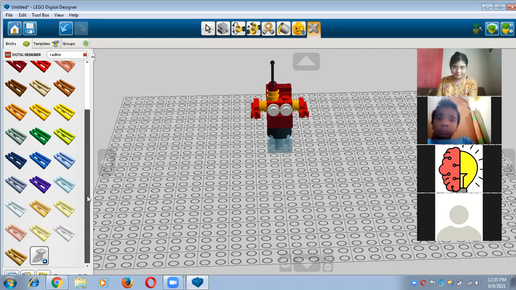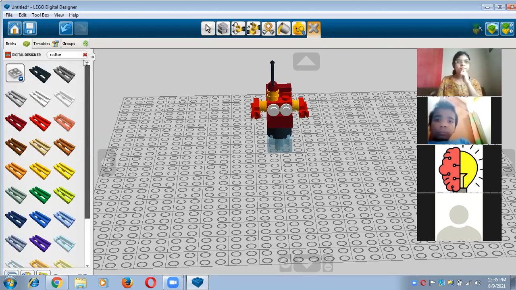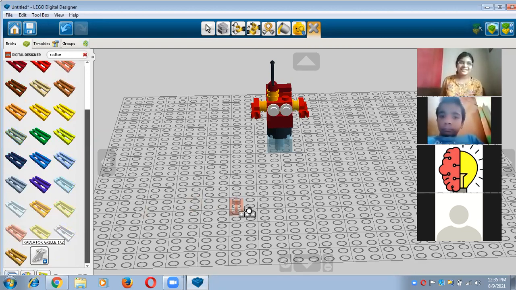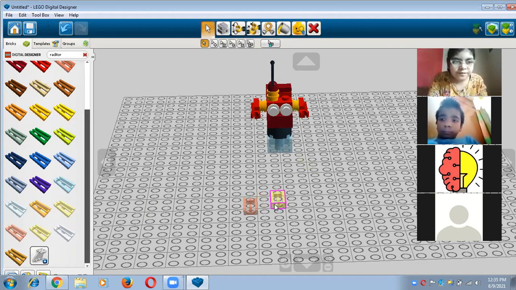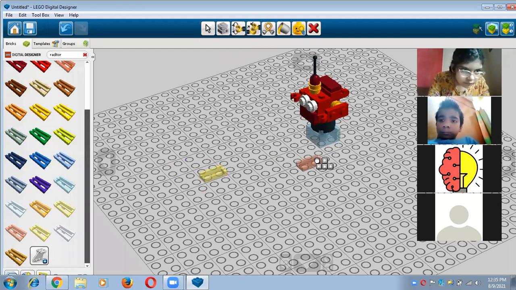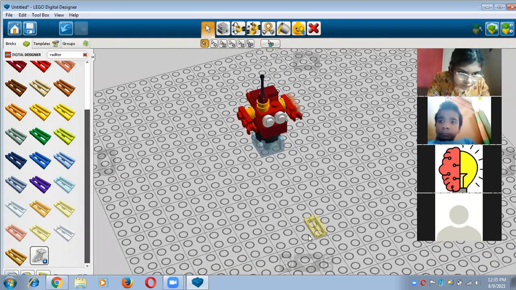And now I'm finding this is a radiator grill 1 by 2. Yes, I can take it. And now I will put this radiator grill here like this for making beautiful hands.